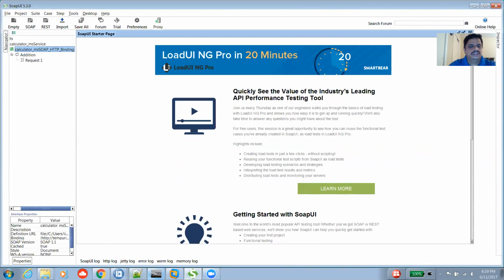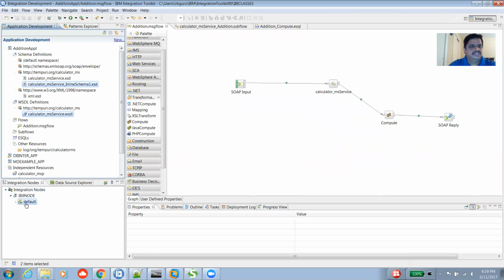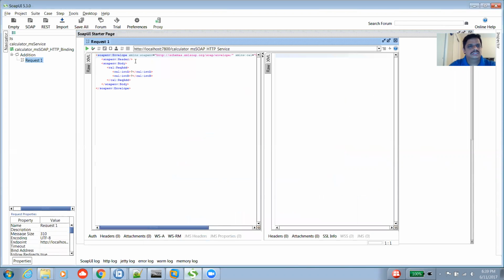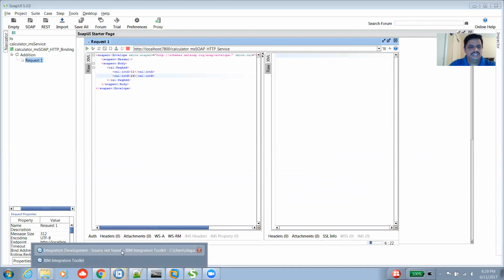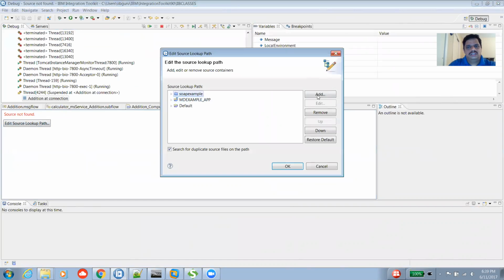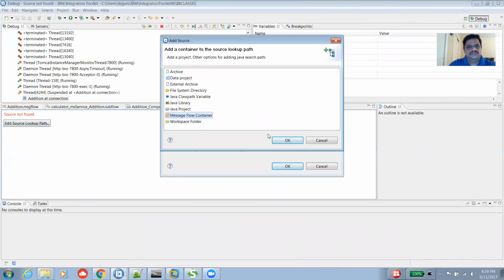So just check whether this particular debugger is running. Yes, debugger is set to run, and then shoot a request. So integer A, let me give integer A as 11, integer B as 26, and then this request. You can see message flow container,